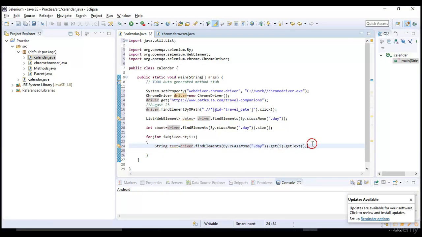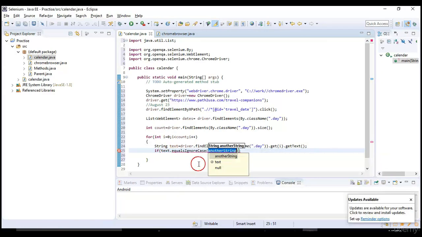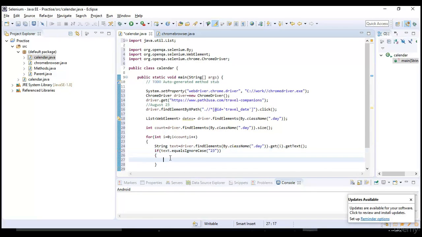Now if text dot equals, is the text which I grabbed from here, which is 30, equal to the number you are expecting to pass? Let's say I am expecting to pass 23. If both are equal, then go and click on that specific item.